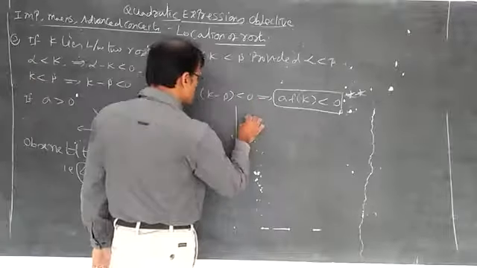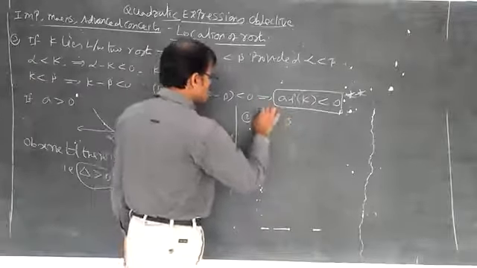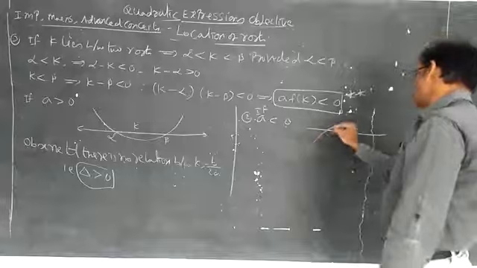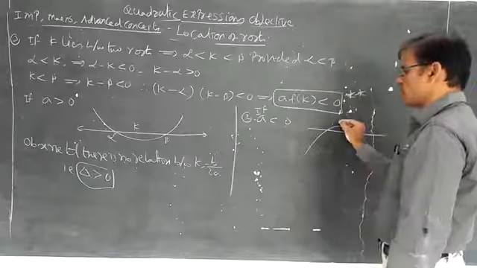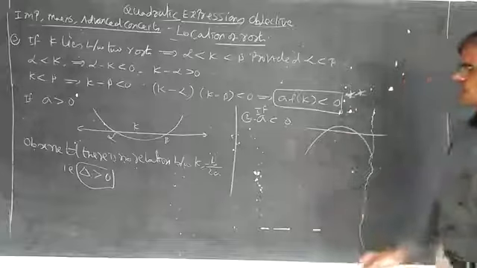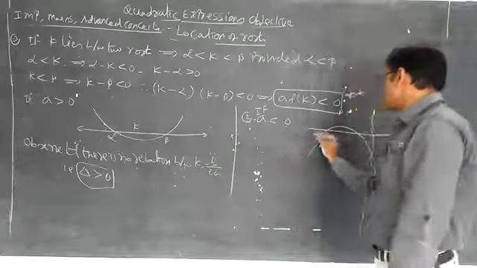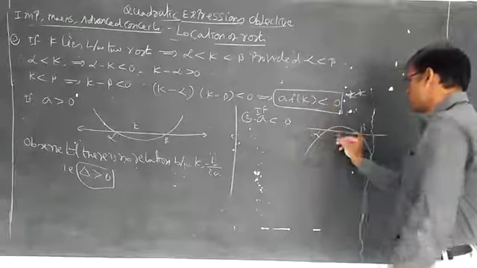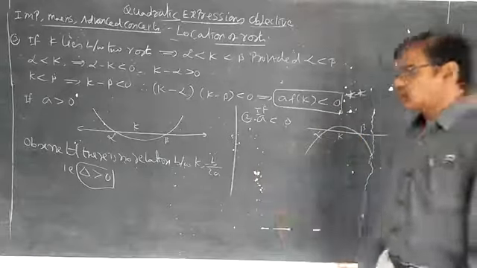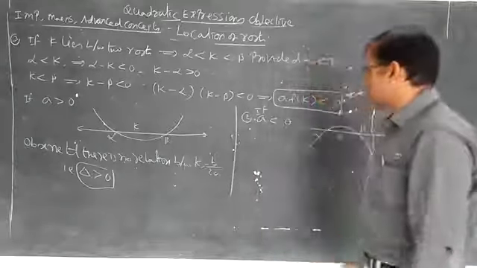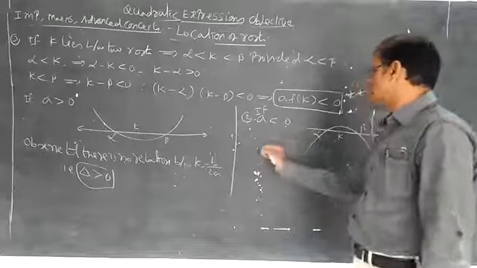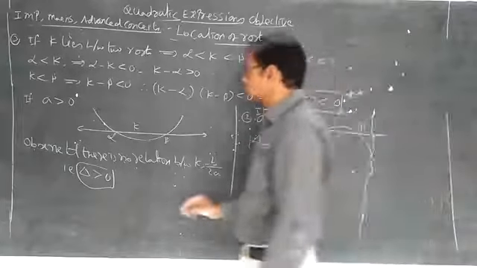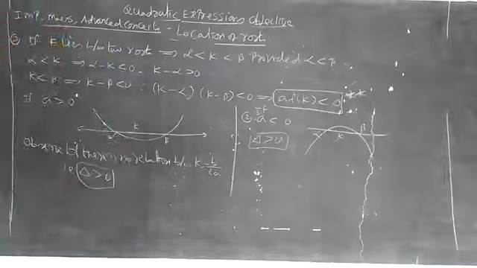In the next case, you write case 2, if a less than 0. If a less than 0, you can understand this is a downward parabola. Whenever it is a downward parabola, of course there is no need for minus b by 2a here. Put here alpha and put here beta. This is k. Of course, we cannot decide where the k is properly. K is maybe exactly minus b by 2a, we cannot say properly. That is why there is no relation between k and minus b by 2a. Here also you can understand delta greater than 0. That's all. Now depends upon the location of roots.